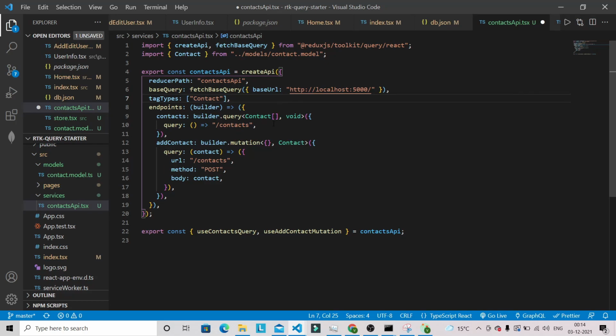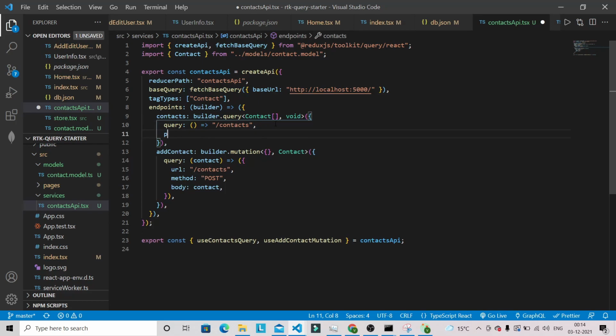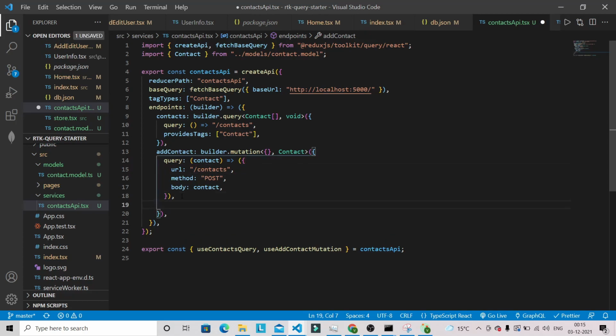After that, inside this we can use providesTags, and here we can specify the contact again. In addContact we also have to provide one more property, invalidatesTags. Then auto refetching will work.